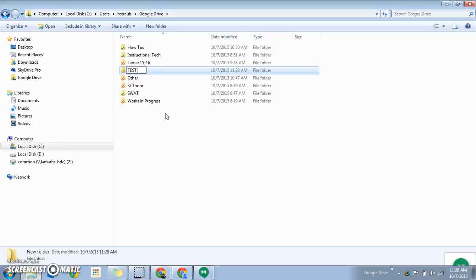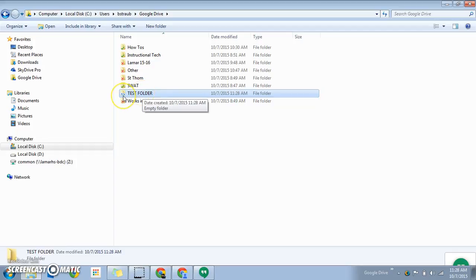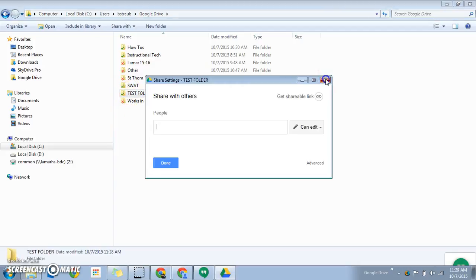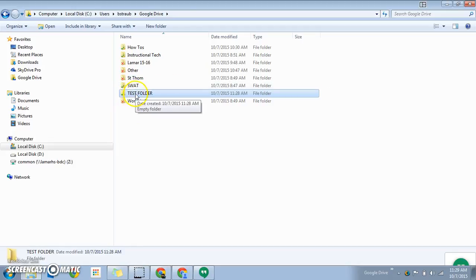I'm going to label it Test Folder. And then the blue arrows mean it was syncing. It's now uploaded to Google Drive online, and we're able to sync. All right, so now let's say we want to share that